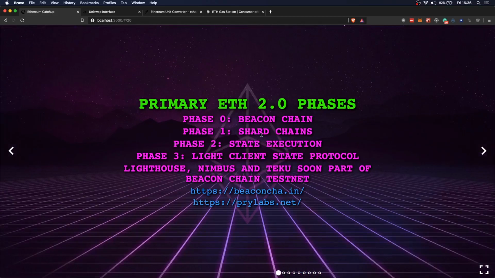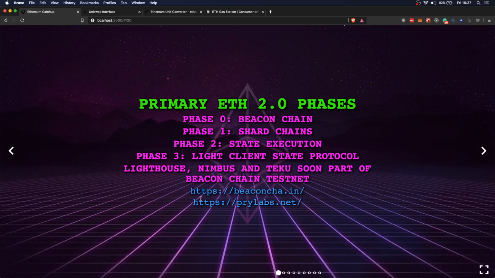So these are just the phases of Ethereum 2.0. We're very close to phase 0 being done. This will probably be done, hopefully, by the end of the year on mainnet. Within the next 2 weeks or so, we're going to have a multi-client testnet, which will be an implementation of